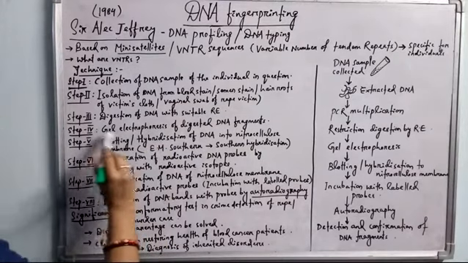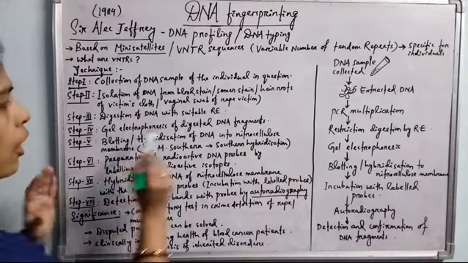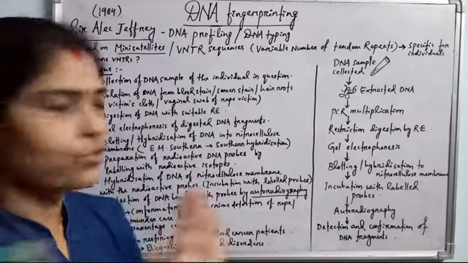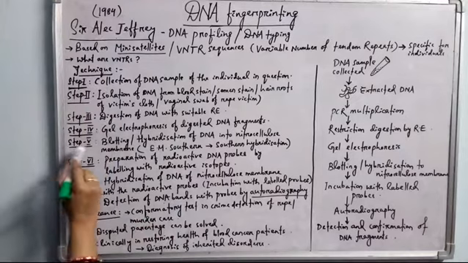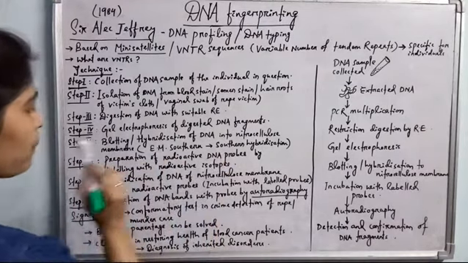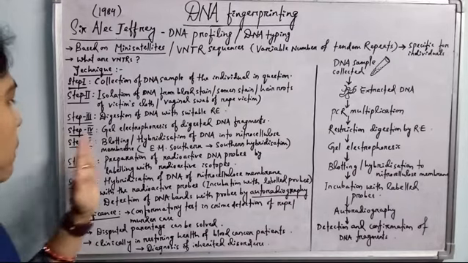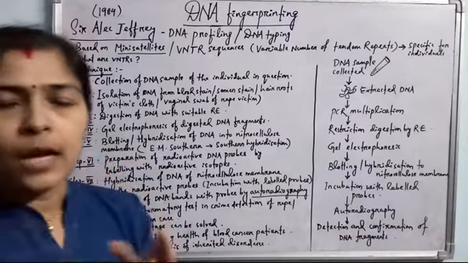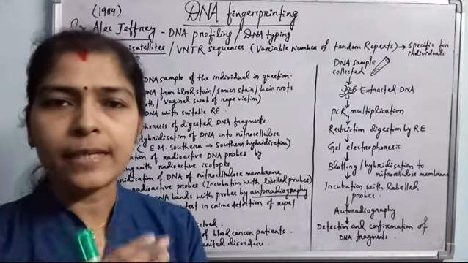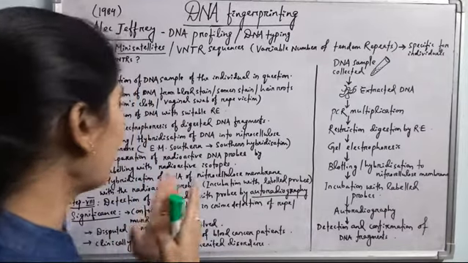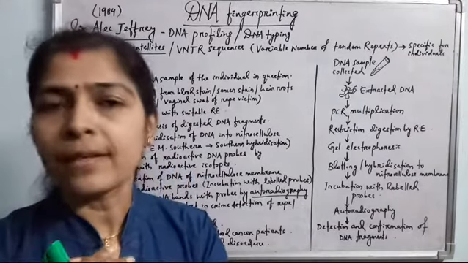Gel electrophoresis is applied to the digested DNA fragments to separate them based upon their size. Step 5 is blotting or hybridization of DNA onto a nitrocellulose membrane. What is exactly this? Blotting or hybridization means that in the agarose gel electrophoresis, DNA is separated based upon the size of the fragments, and from the gel, these DNA fragments